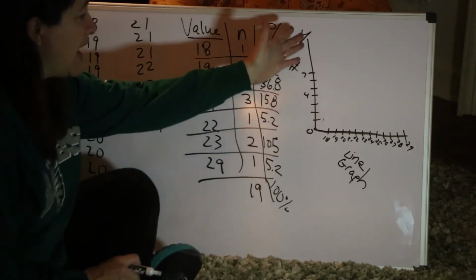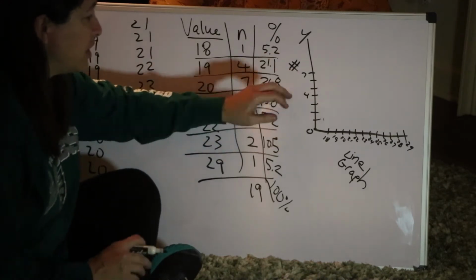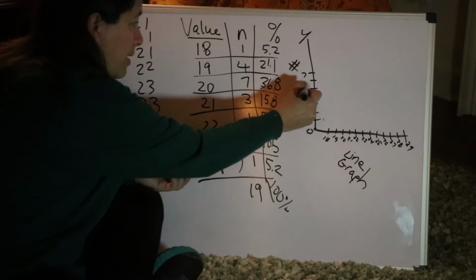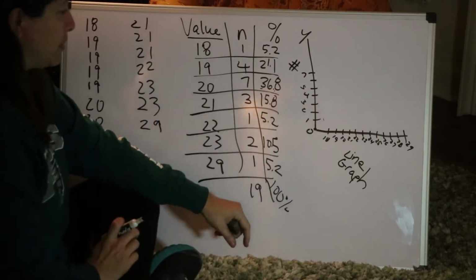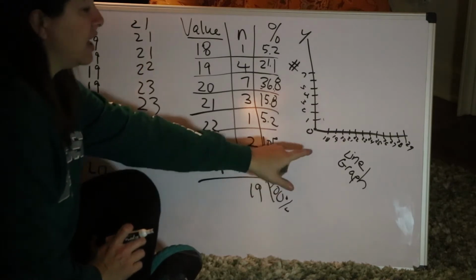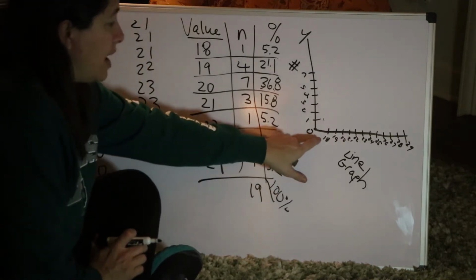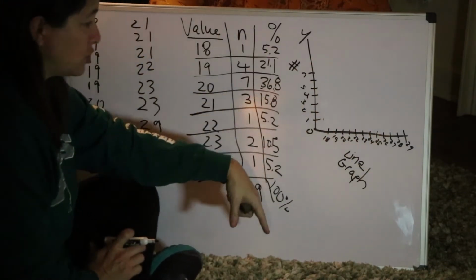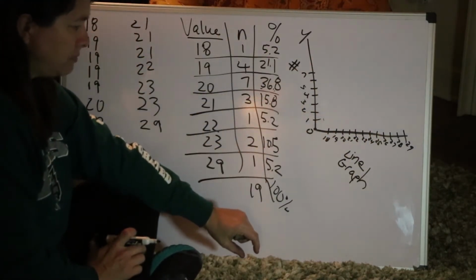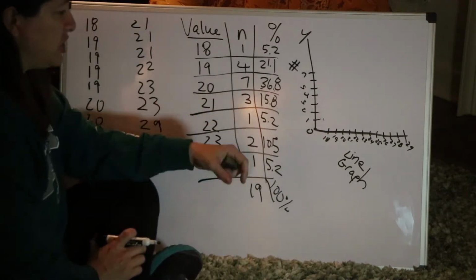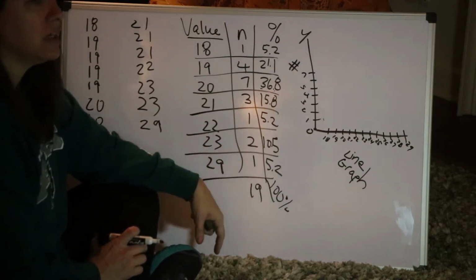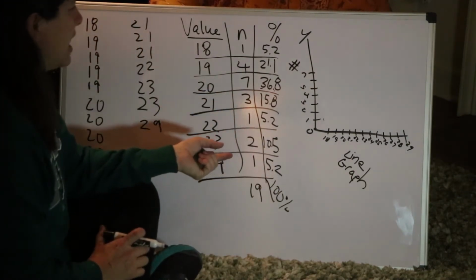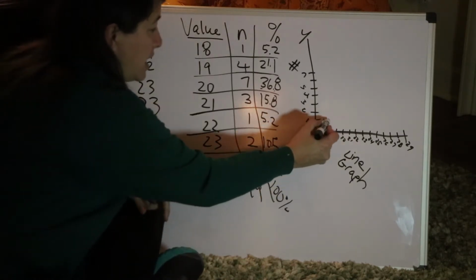We still have the same y-axis going on, which is a reflection of the number of cases that we have. And our x-axis represents the variable that we're interested in. In this case, it's the age. I've put tick marks for ages starting with 18, going all the way up to 29. I left out everything under 18 because we don't have any cases there, and it's just easier to start there. So all I'm doing is putting a dot to indicate the number of people who are 18,